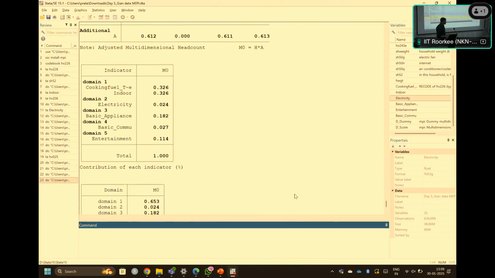Because when so much of the data is historic, there were indicators, like I said earlier, which differentiated between stove type based on ventilation of the stove: chimney, with chimney, without chimney. In the latest surveys, there is no mention of the chimney.